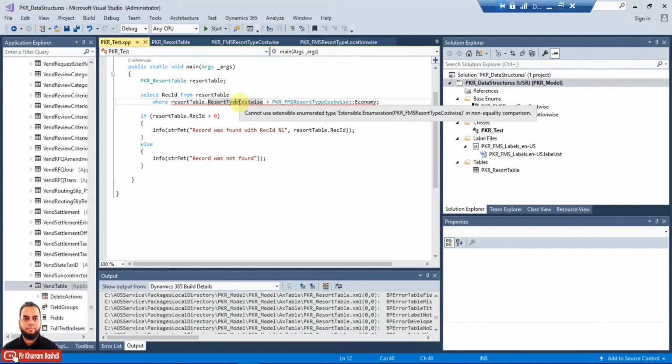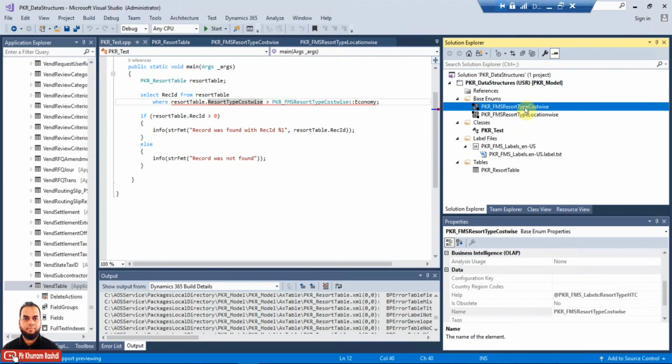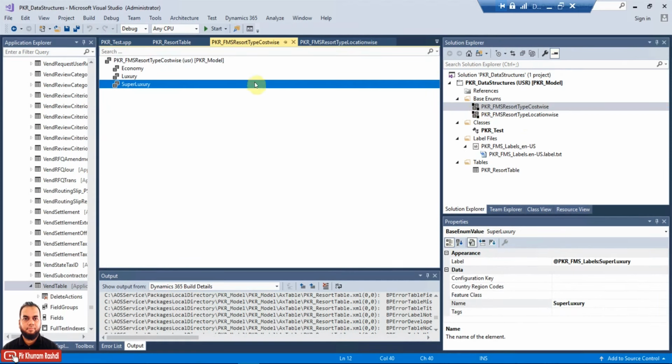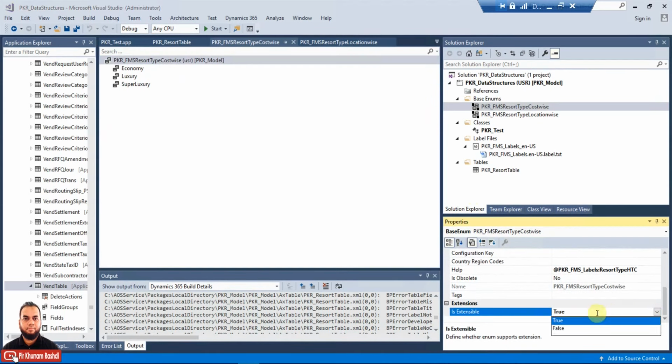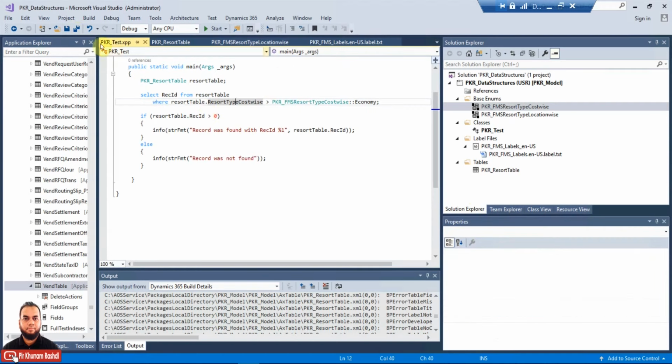So we need to turn the is extensible property to false, then only we can use it. So what we'll do is click on the enum here, pass it a false value, save it, and you can see the error has gone.